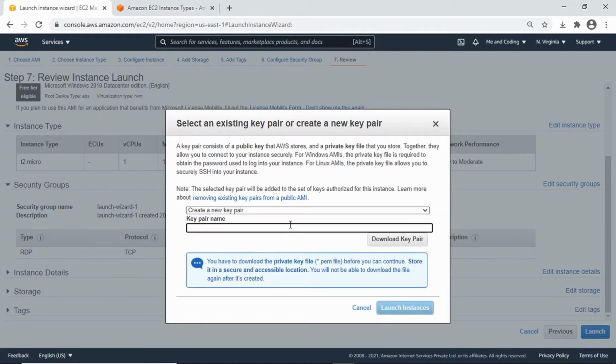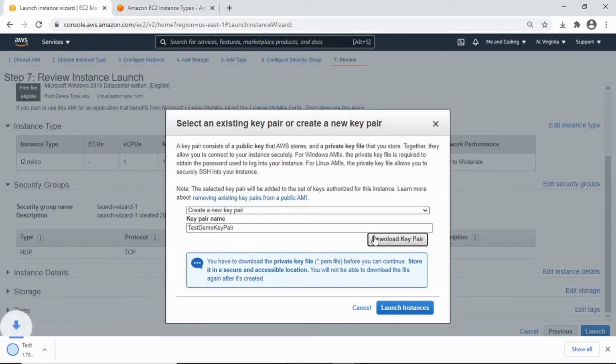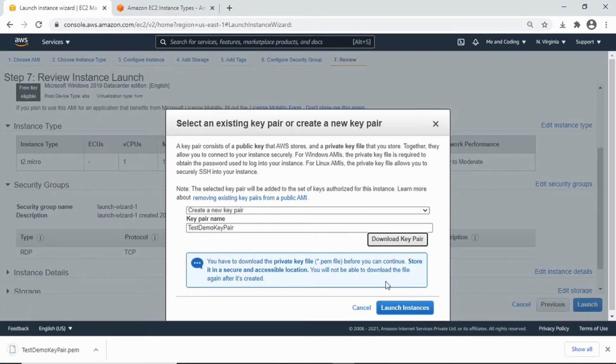I'll say test demo key pair, and ensure that you download this one. You should never lose this particular PEM file that is being downloaded. Once you lose it, you cannot get it back. So ensure that you are saving this in a safe place. Then launch the instance.